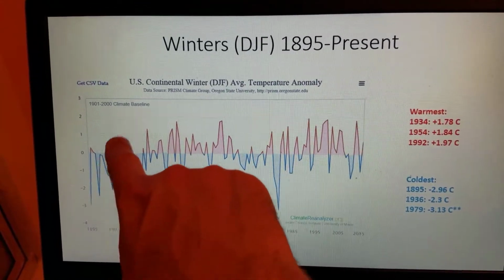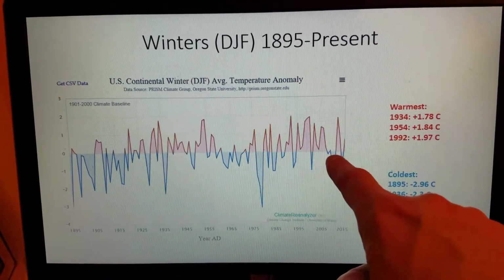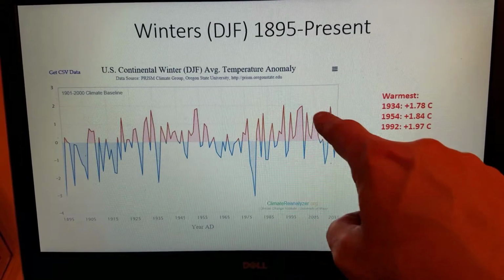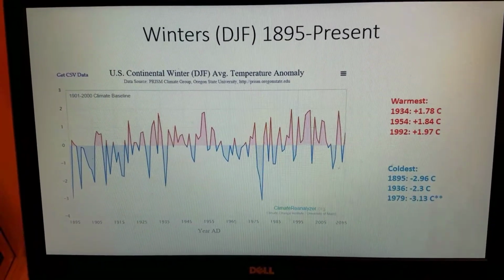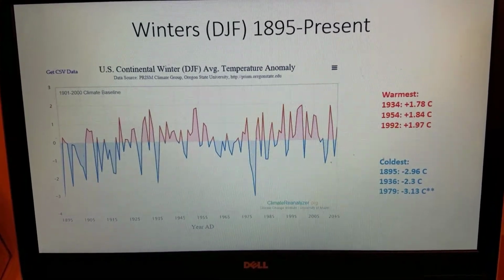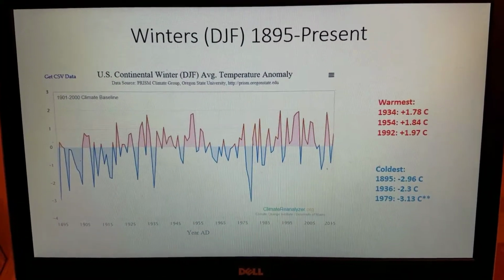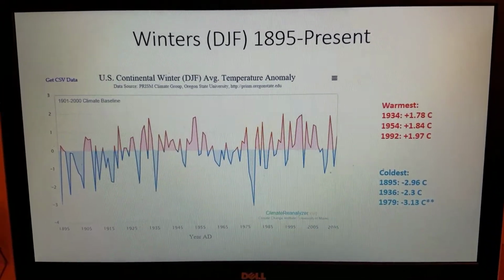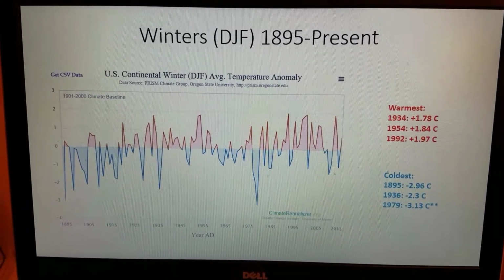So over time, you notice these ups and downs. In the most recent memory, going back to 1985, you'll notice more of a departure above normal by these red hashed areas. So it's been warmer than normal a lot of the winters. Some people say, where have all the winters gone? Why have the winters changed so much recently? That is open to a big debate on whether it's caused by global warming or by natural climatic variations in the earth.